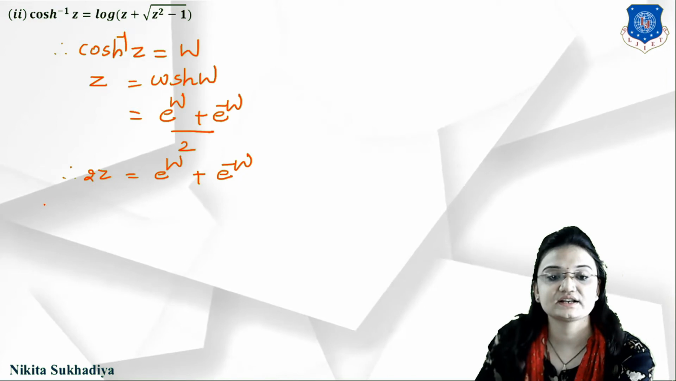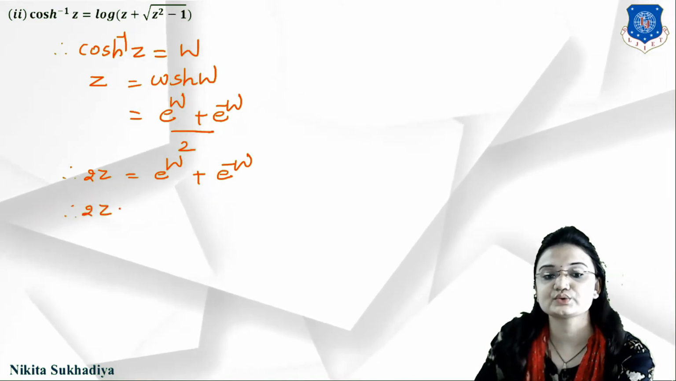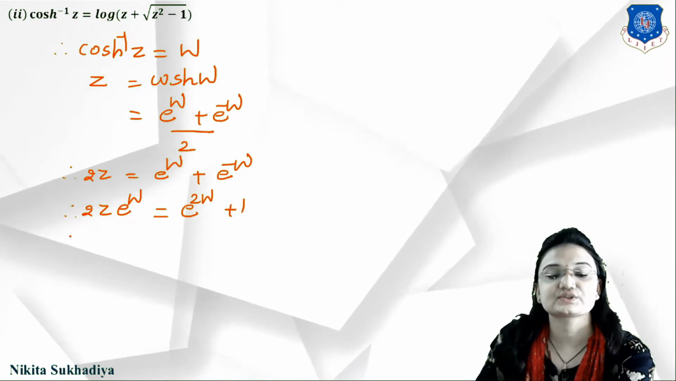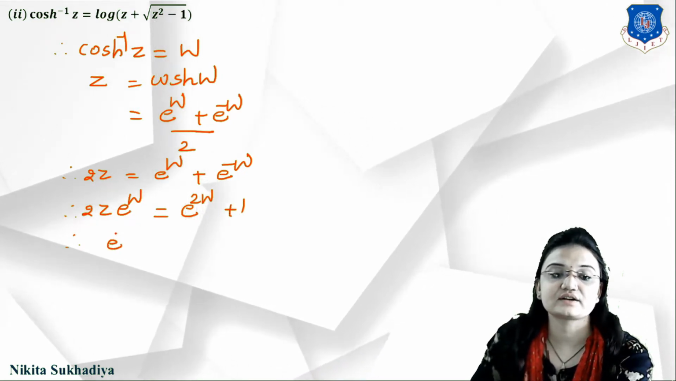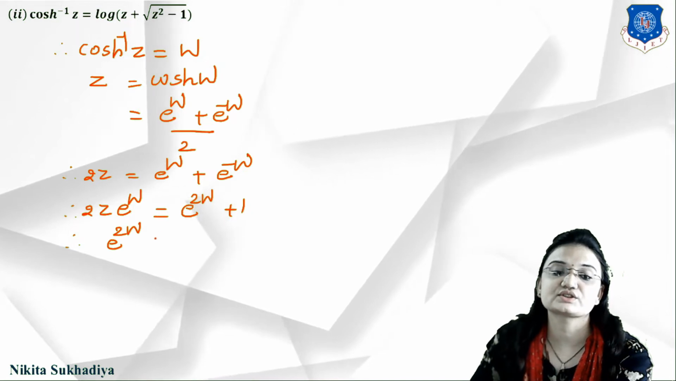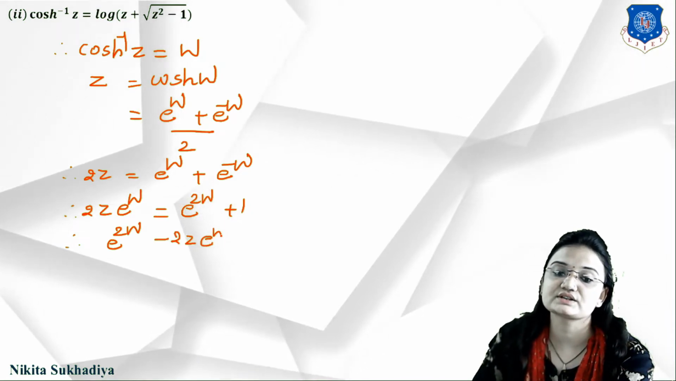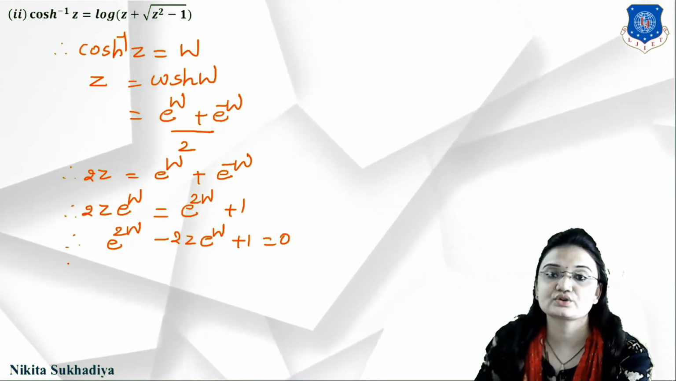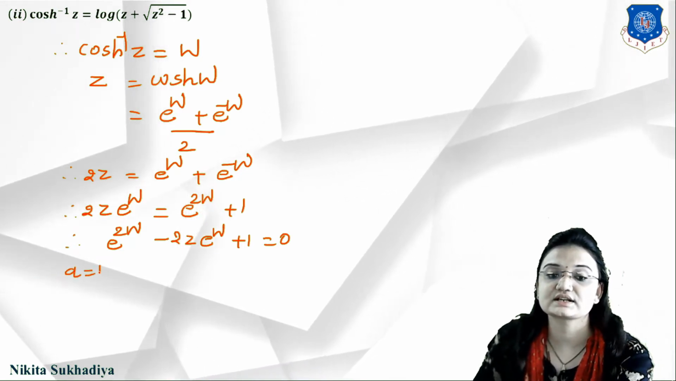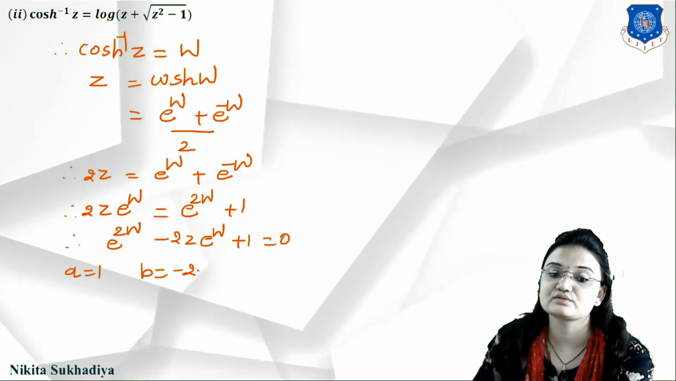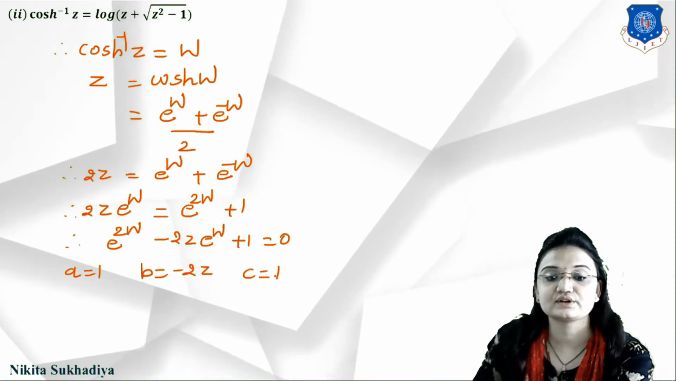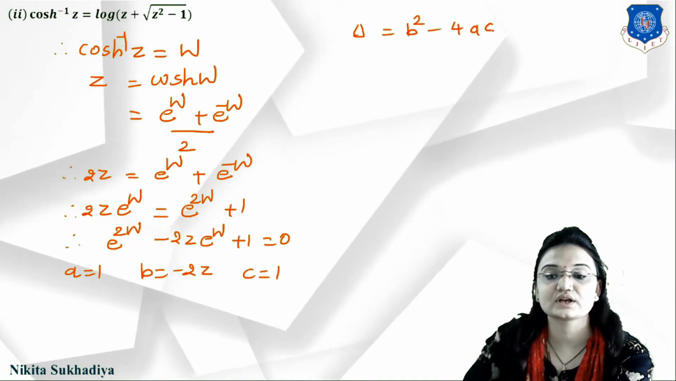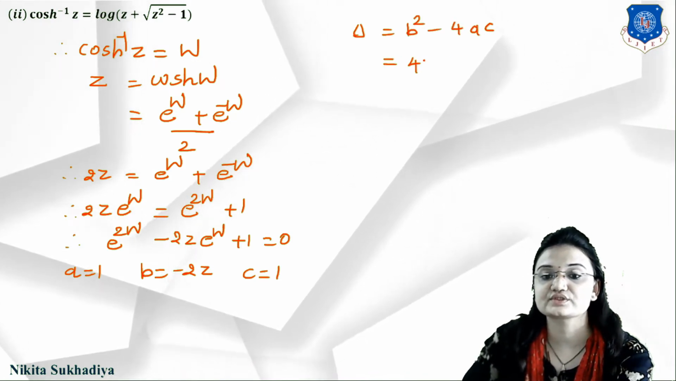Okay, now by multiplying by e raised to w, we will get 2z e raised to w is equal to e raised to 2w plus 1. So this is nothing but a quadratic equation in the form of e raised to 2w minus 2z e raised to w plus 1 is equal to 0, which is a quadratic equation of e raised to w. So here in this case a is equal to 1, b is equal to minus 2z and c is equal to 1. Okay, so delta is equal to b square minus 4ac, where b square is 4z square